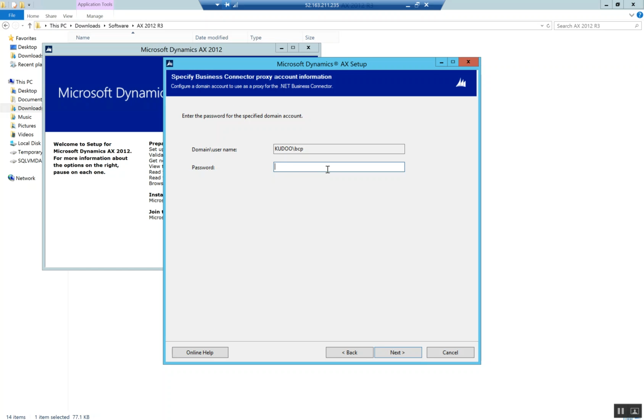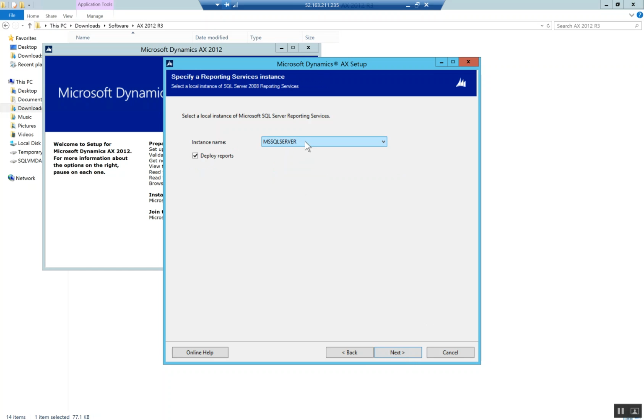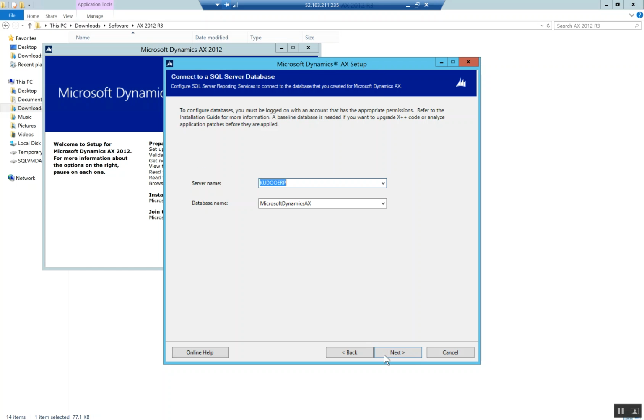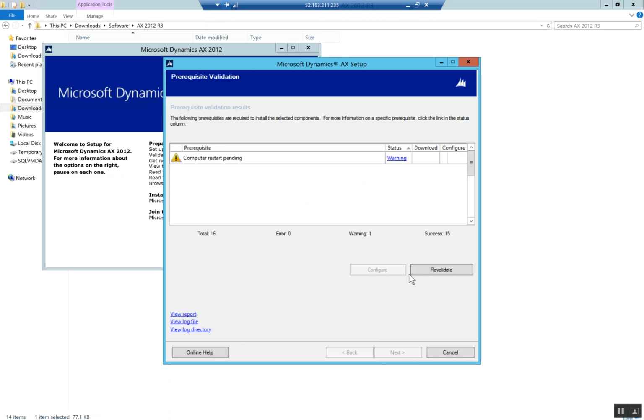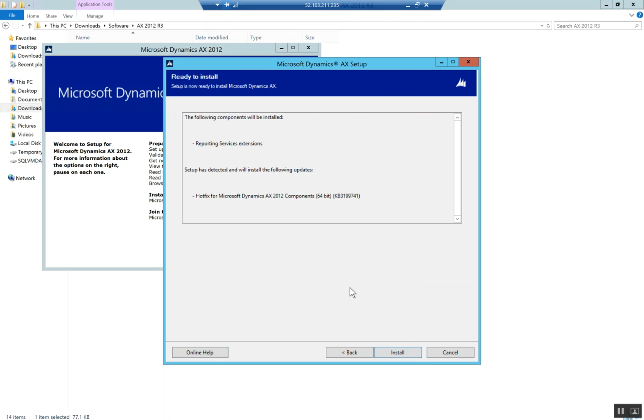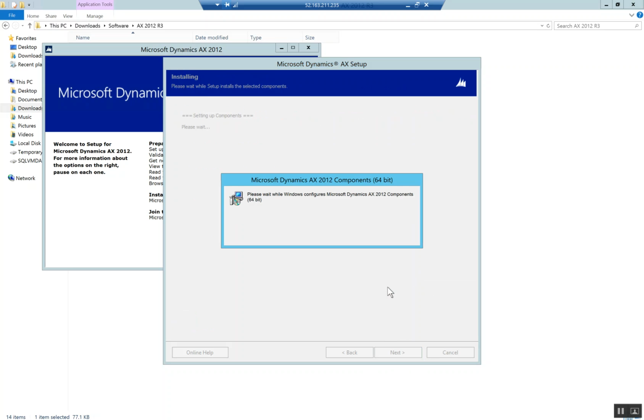We're going to do the business connector account, put in the administrative password, and choose MS SQL, deploy reports. Yep. Okay. And now it's going to install the extension, so SSRS